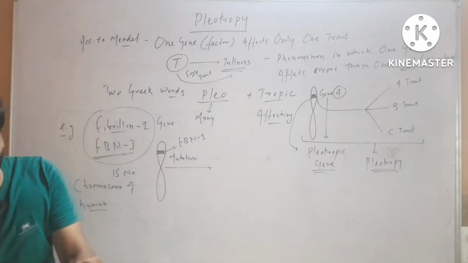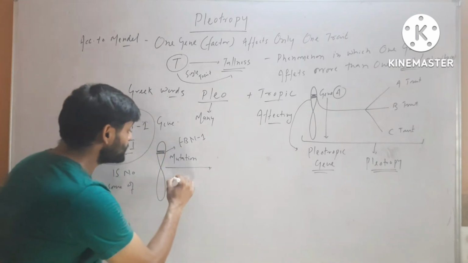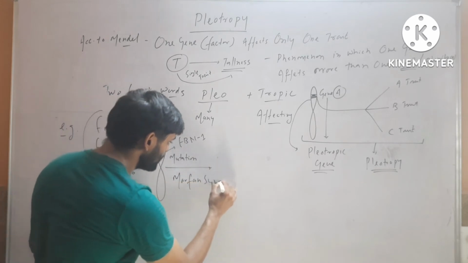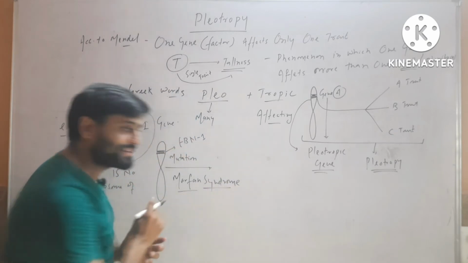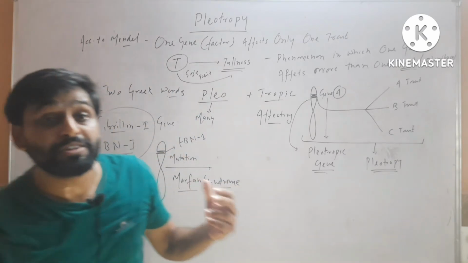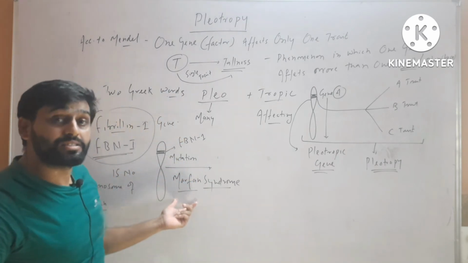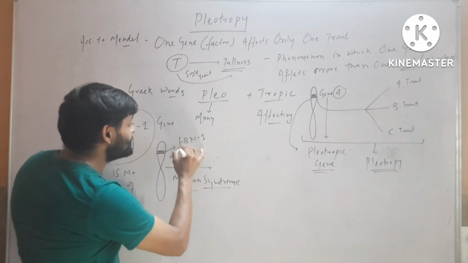Mutation in this FBN1 gene causes Marfan syndrome. Some scientists believe that the famous American president Abraham Lincoln was affected with that syndrome. So mutation in the FBN1 gene